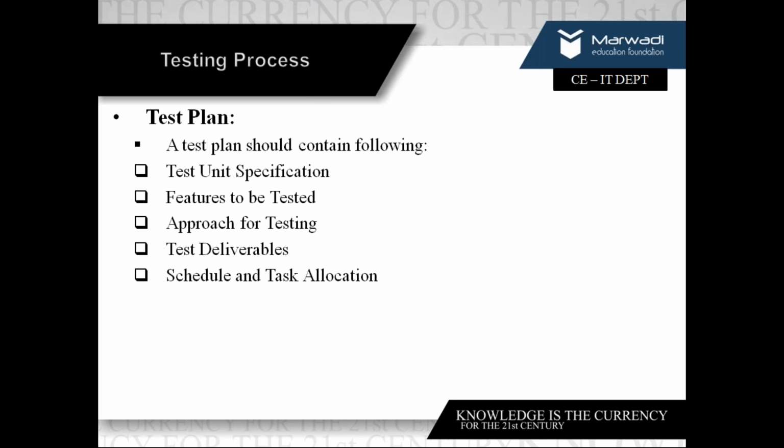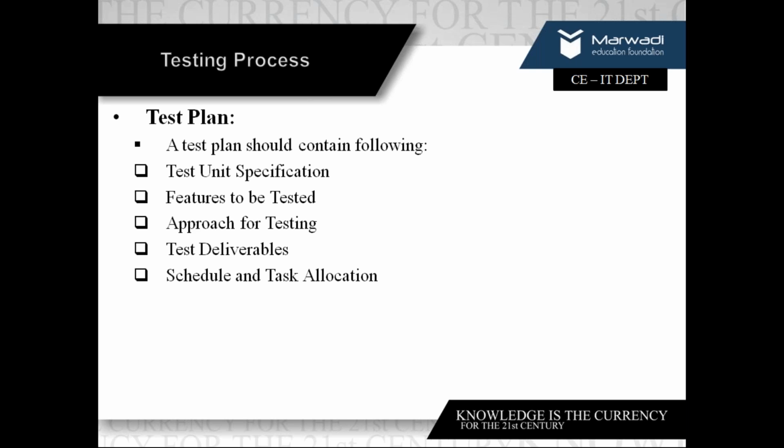A plan can contain these things: test unit specification, which unit you are going to test, features to be tested. For example, if I am having our e-portal, your attendance system, features to be tested is, am I able to mark present? Am I able to mark absent? Am I able to bypass your attendance which I want?